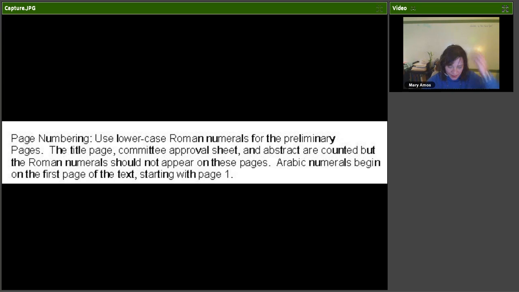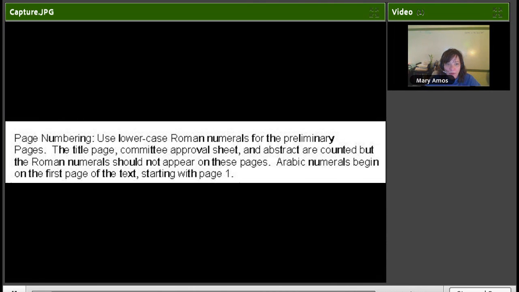And so it requests for the final thesis proposal that the page numbering use lowercase Roman numerals for the preliminary pages. This would include the title page, committee approval sheet, and abstract, which are all counted, but the Roman numerals should not appear on these pages. Other sections in the preliminary pages might include a preface, table of contents, list of illustrations, or a list of tables as well. And then it asks that the first page of the text start with page 1 being an